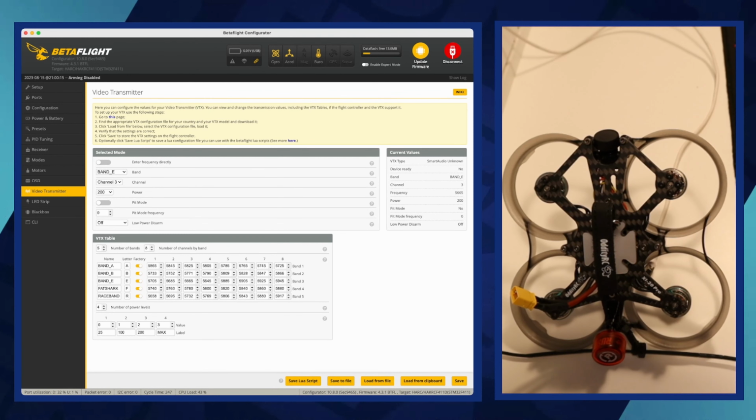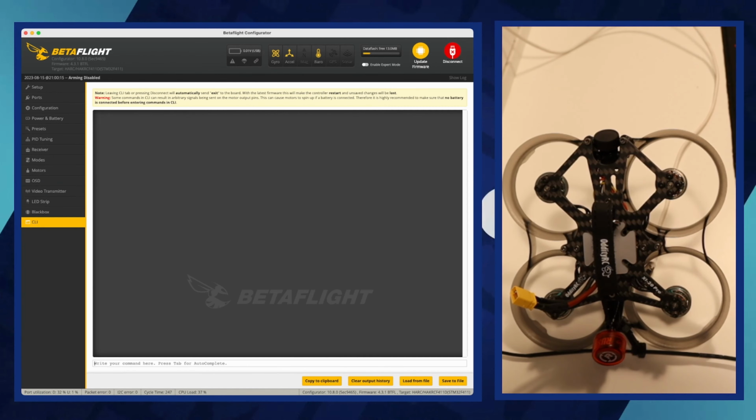A VTX table is a configuration file in Betaflight that defines the channels, frequencies, and power levels supported by your specific video transmitter. This table allows Betaflight to correctly control the VTX settings, ensuring you're broadcasting on the correct frequency and adhering to local regulations. To add a video transmitter table,